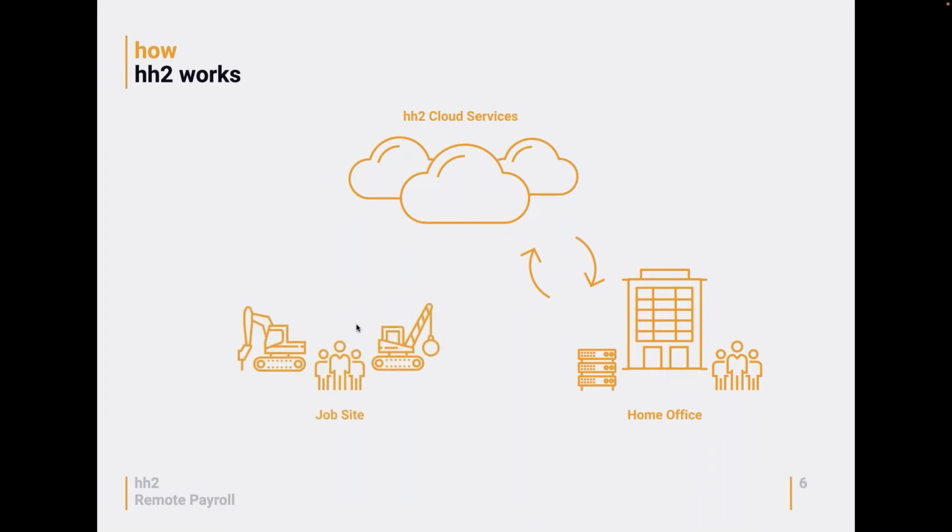Now, what that means to people in the field and people in the home office is that when they go to code time in HH2 to an employee, a job, a cost code, or a piece of equipment, they're actually seeing jobs and cost codes that came from your accounting system. Once those employees code time, those time records are uploaded automatically to the cloud, of course, if they have connectivity, and then they're run through an approval path that each company sets up unique to their needs. You can set up multiple different levels of approval, and you can have multiple groups that might have different levels of approval and different permissions to see unique jobs and unique things within the system.